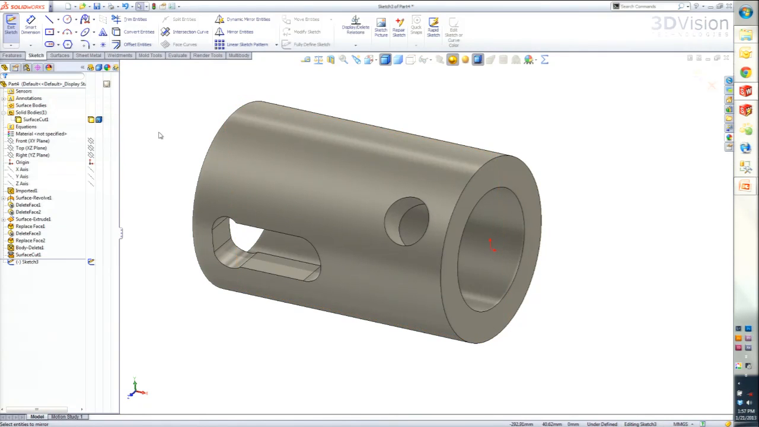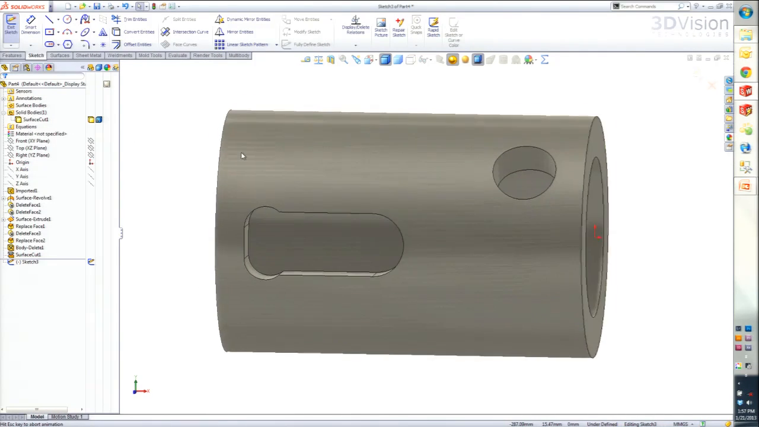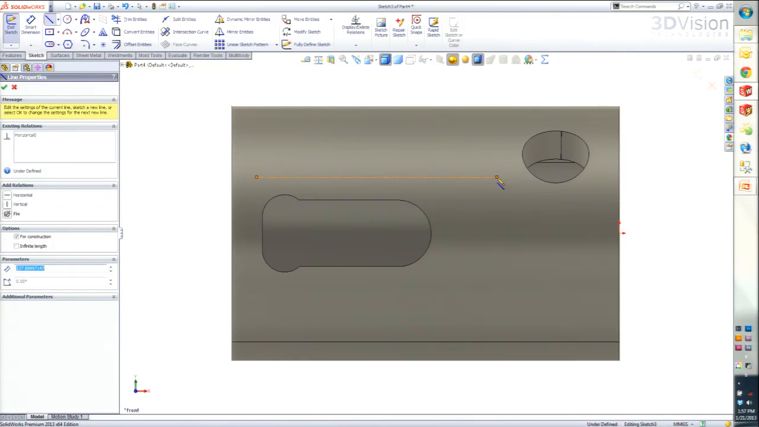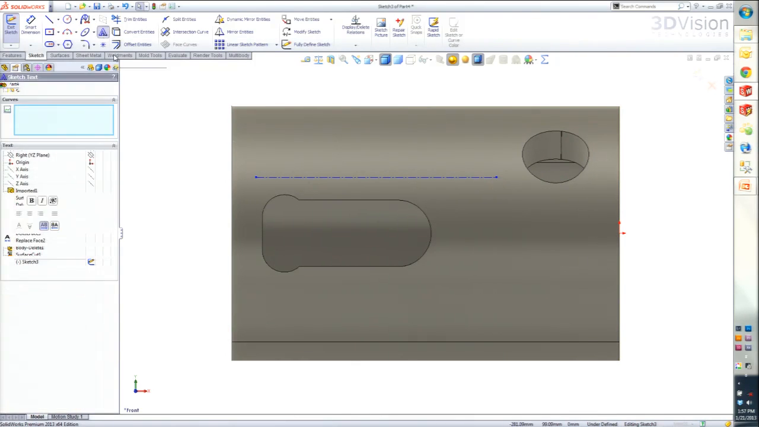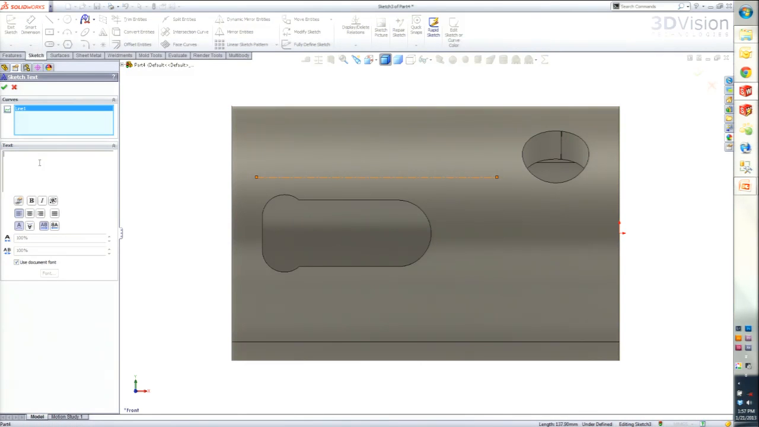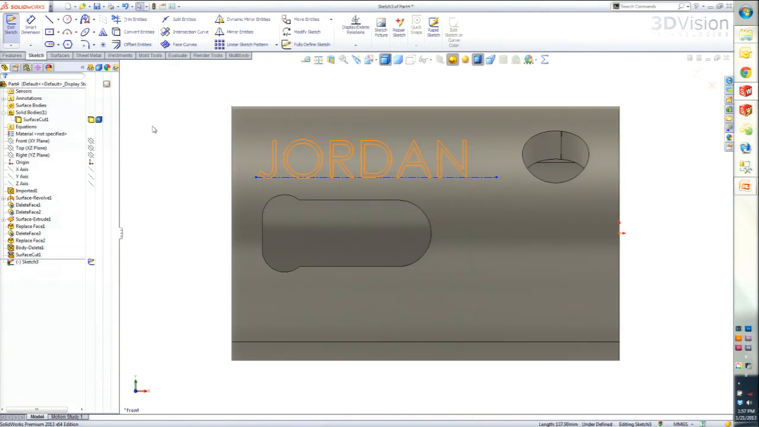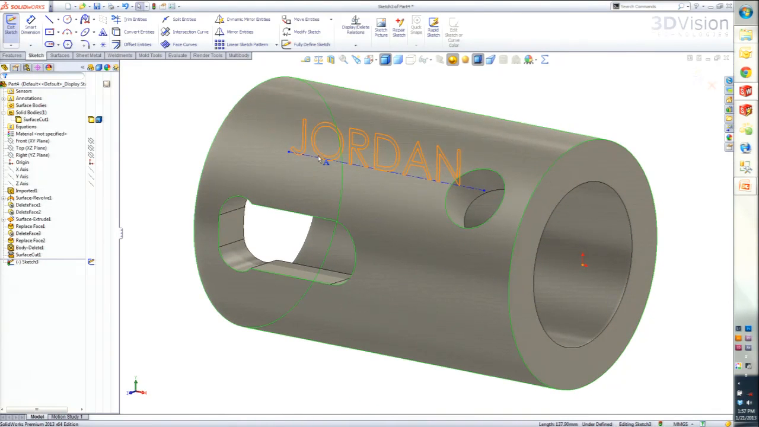All right. Now, I just started a sketch on this plane, and I'm just going to go ahead and write out my name. So I'm going to create a construction line. I always like to do that when I'm creating sketch text. And I'll write up here Jordan. Let's make that bigger. Okay? Now, if I were to just extrude this guy into this face, like if I wanted to cut it,